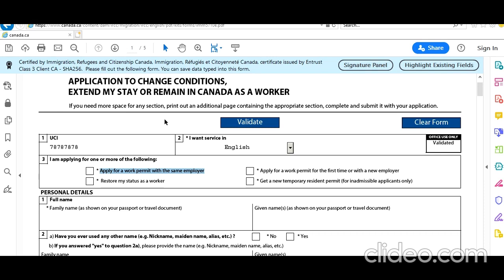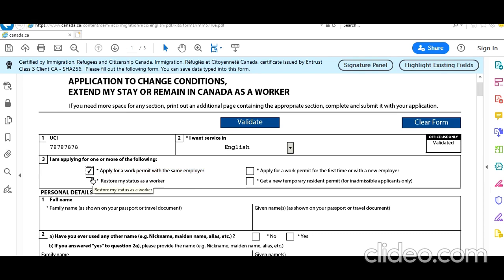How I will tell you, let's say you are currently working with an employer, let's say a grocery store. If your plan is to go ahead with the same job with this postgraduate work permit, although for an open work permit it does not matter, you can select this.